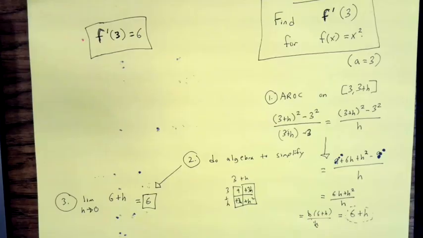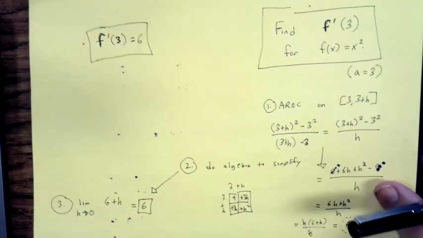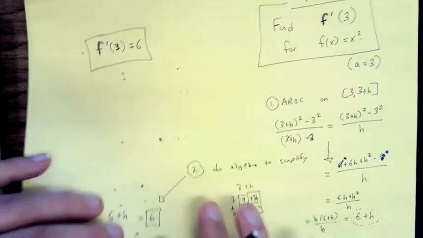What do you think? Y'all want to try one? All right, you need to pick a function and a number that you want to find the f prime of. So we could bump it just a little bit. And instead of doing f prime of 3, we could just do f prime of